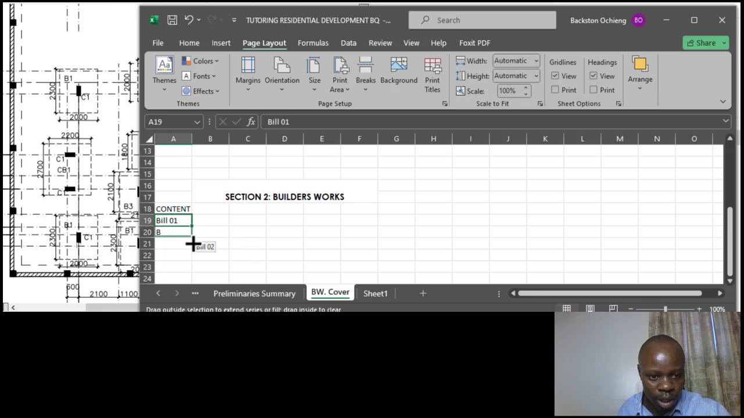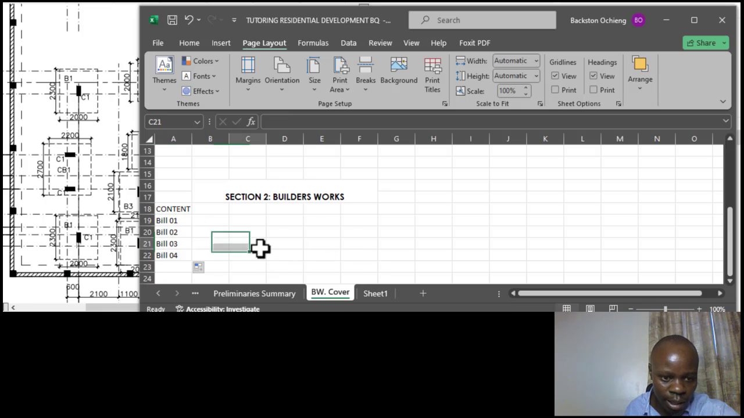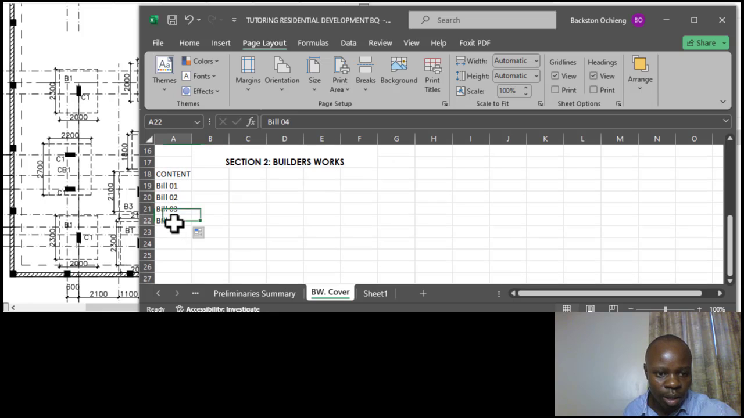Right, so when you highlight that and copy, it's going to give you the rest of the items. Okay, so these are bills. This is bill 01, bill 02, bill 03, bill 04, bill 05, depending on how many items you're having here. So at bill 01,